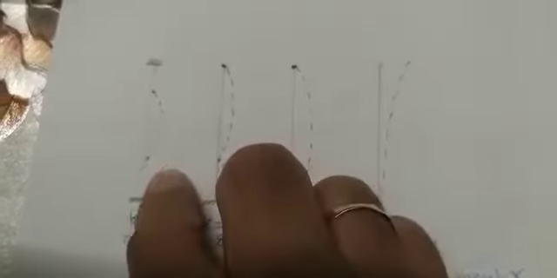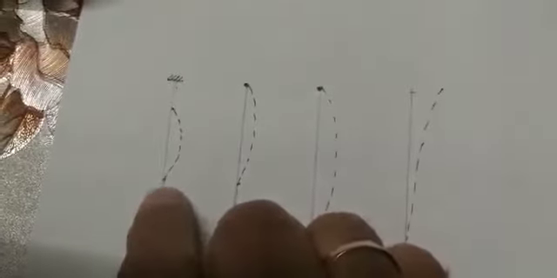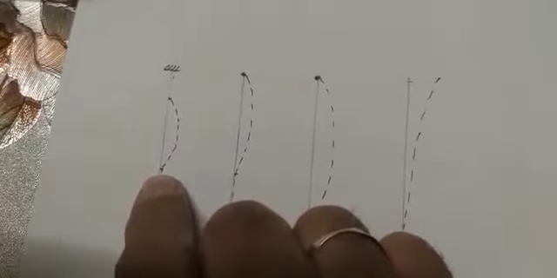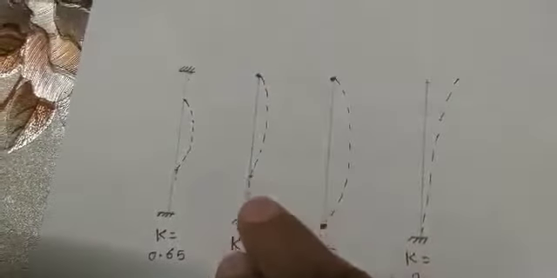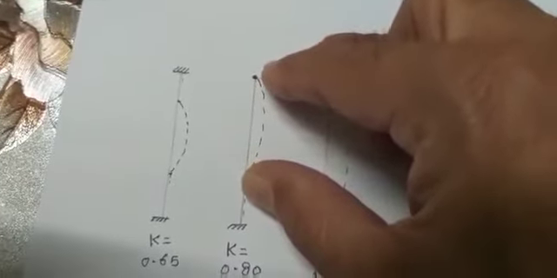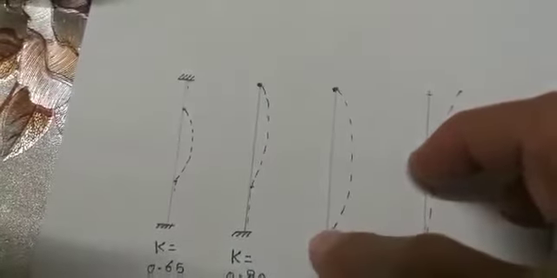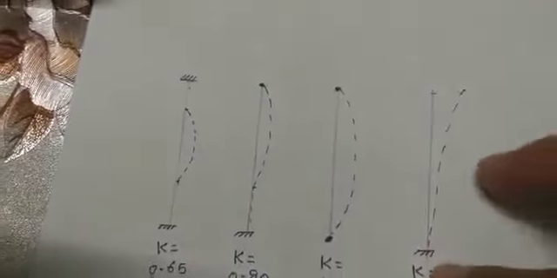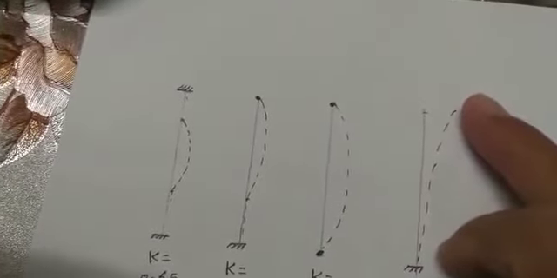First, when both ends, the bottom end and the top end, are fixed, it buckles like this. This is the buckling length; from here to here we call the effective length. When one end is fixed and the other is hinged, it buckles like this, and the distance from here to here is known as the effective length of the column. Similarly, when both ends are hinged, this is the buckling length, and when one end is fixed and the other is free, this is the buckling length, and that can be calculated.